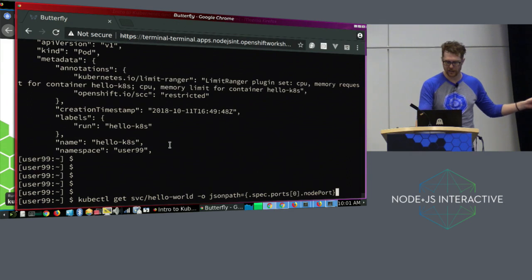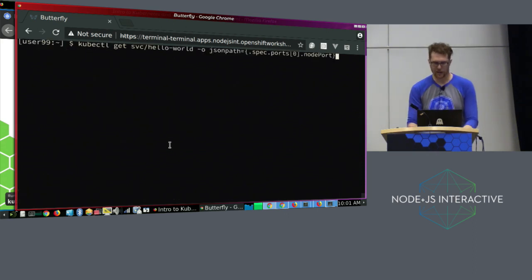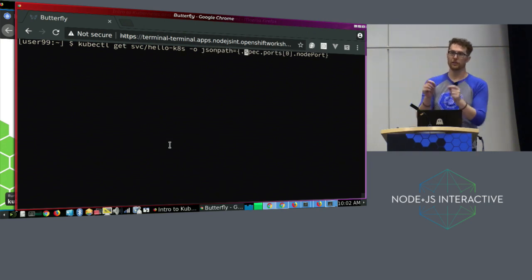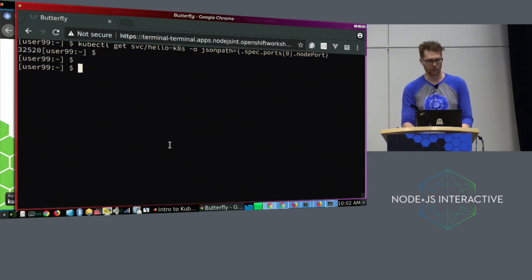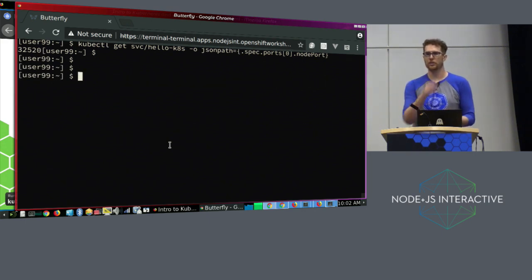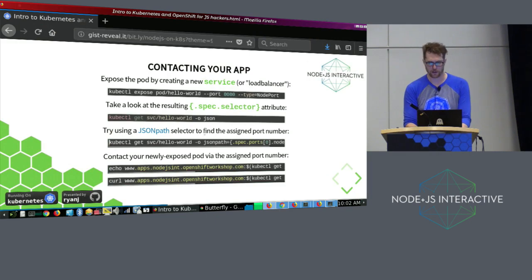So I'm going to do kubectl get service, service ID, where we have a new -o option. Make sure to fix the resource ID to hello K8s. We'll add -o jsonpath in order to select a specific field out of the response. What we're looking for particularly is the port number that this service is running on. NodePort will expose each application on a different port on the cluster. So it's a pretty primitive way to route traffic that's a little bit brittle because you're targeting specific ports. So now we can contact that application